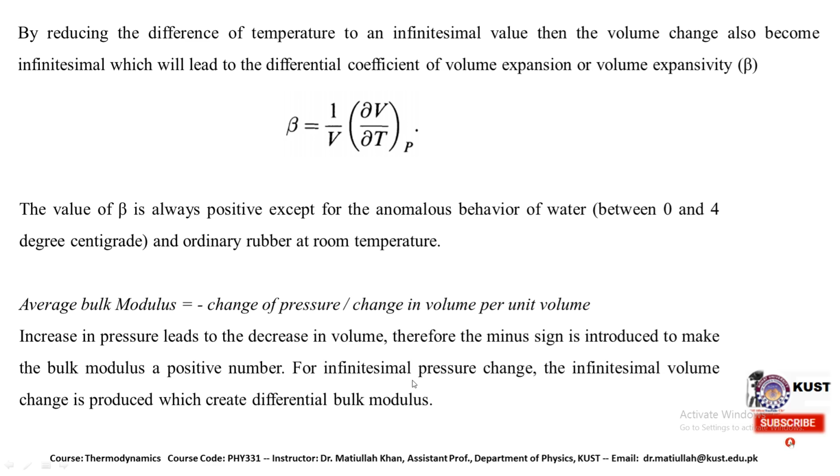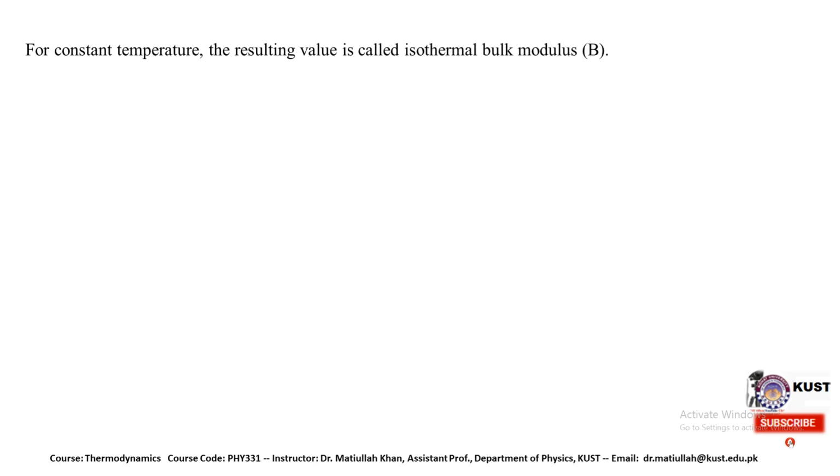The resulting bulk modulus will be called the differential bulk modulus, because all the changes are infinitesimal. Again, the temperature is kept constant, so the resulting value is called the isothermal bulk modulus. That can be represented by B is equal to minus V, change in pressure with respect to volume